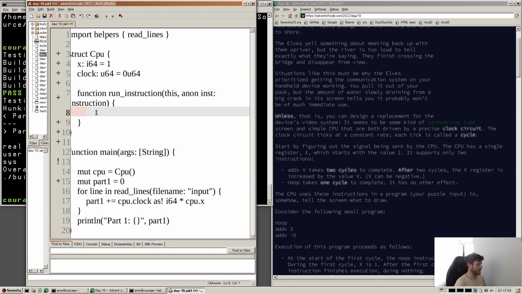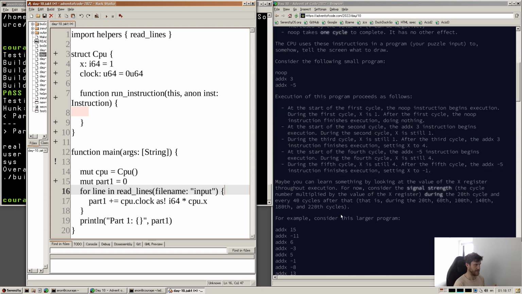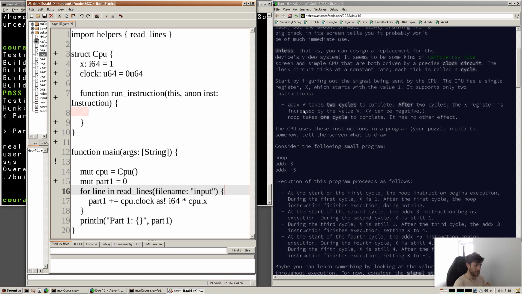Now I kind of want, which I don't know if it exists in Jakt, but I'm gonna hope it does, because we don't want to do this part one at every step. We want to do it at very precise things, and because we could be in the middle of this add cycle, it kind of means that we might